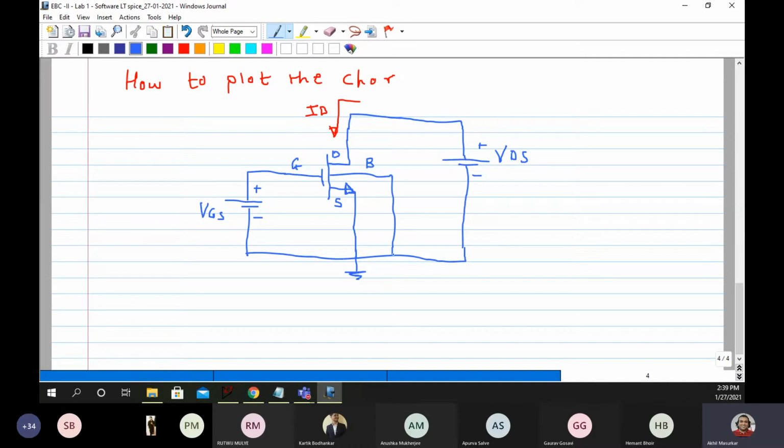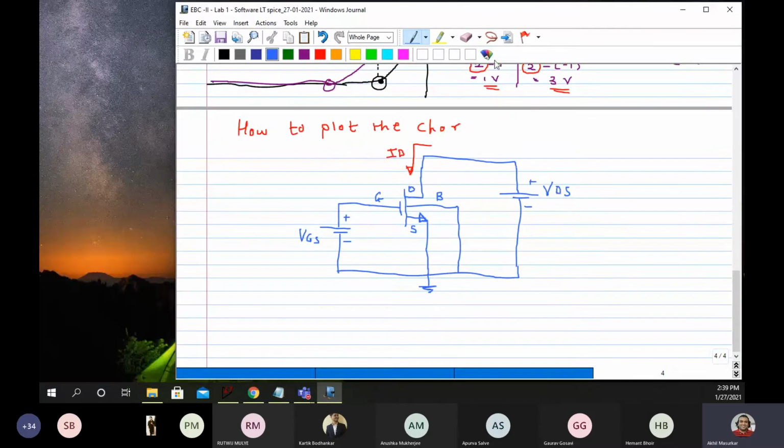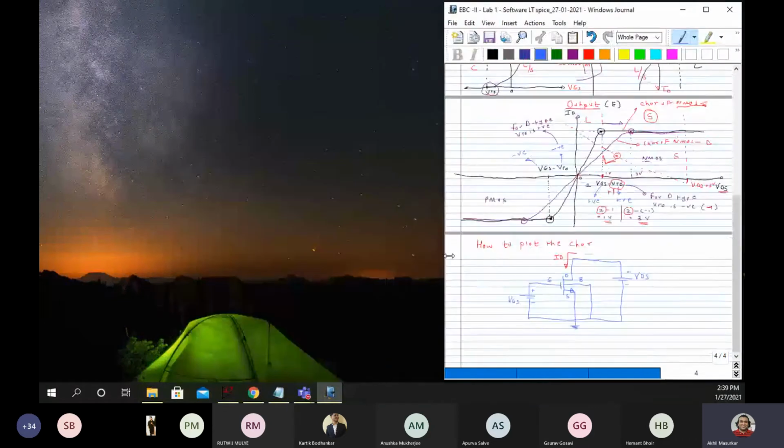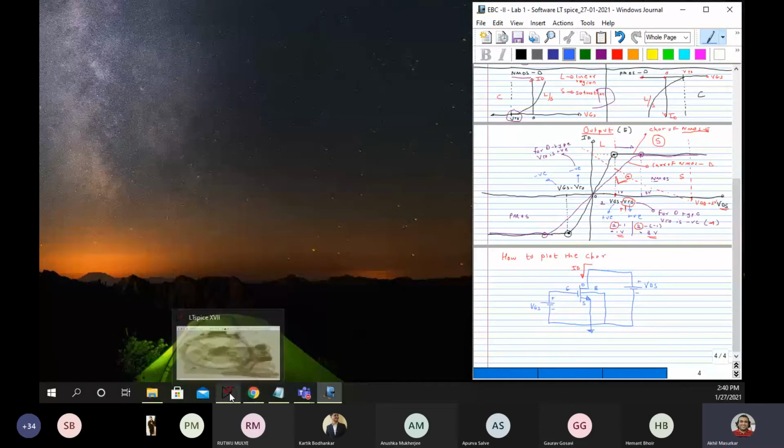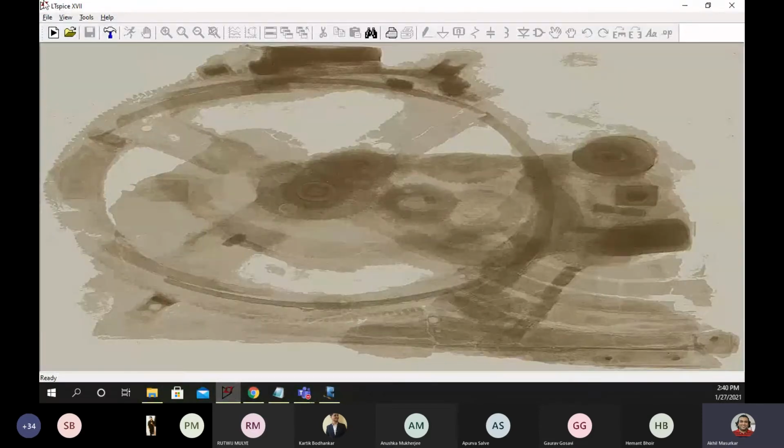I told you that when we did a MOS, my body was always connected to ground. Now I will slightly minimize this thing, and let me open LTSpice.